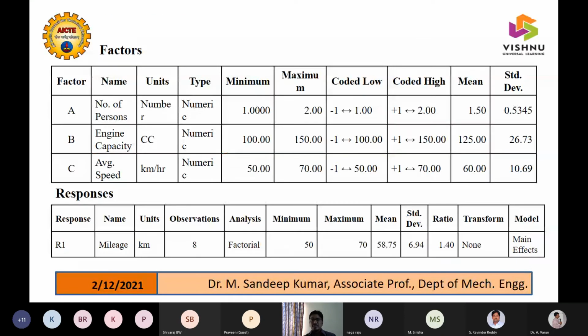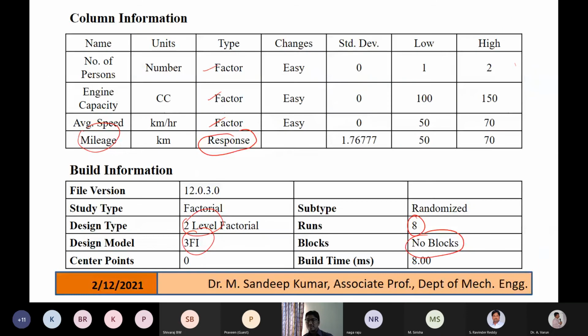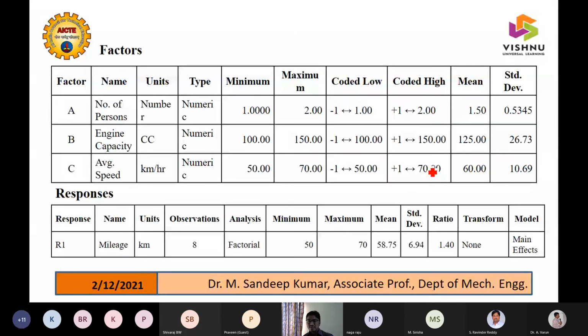Okay. Next, these are also the same thing, like factors which are there, and the minimum and maximum values, these are coded, and uncoded things are there here. Okay. And responses also, you have your rate, and the average, minimum, and maximum. It will give you these values also, minimum and maximum of the response actually. Okay. So minimum was 50 and the maximum was 70 here. So that is what is given, mean, standard deviation, ratios, and some main effects. It will be given that.